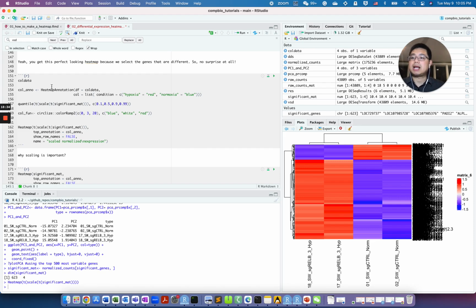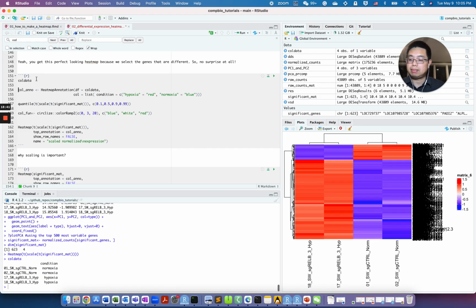In ComplexHeatmap, it's really easy to add those column annotations. Remember the data frame, the metadata we used when we constructed the DSeq2 object. In ComplexHeatmap, you can use this function called HeatmapAnnotation, and you can supply a data frame